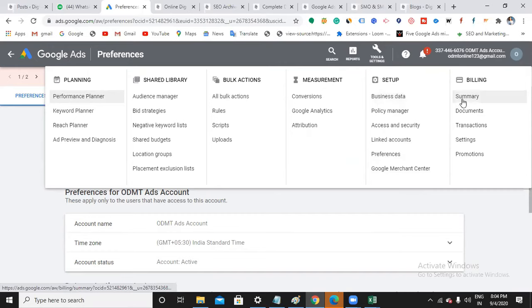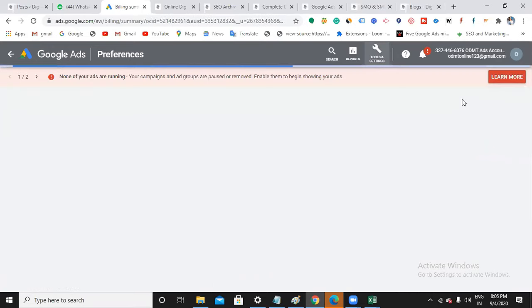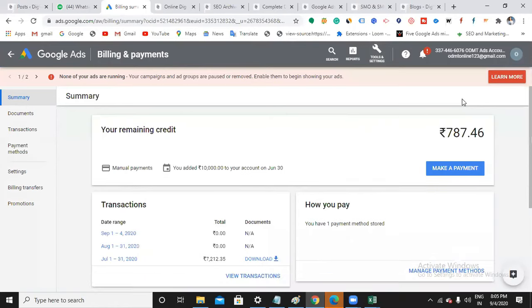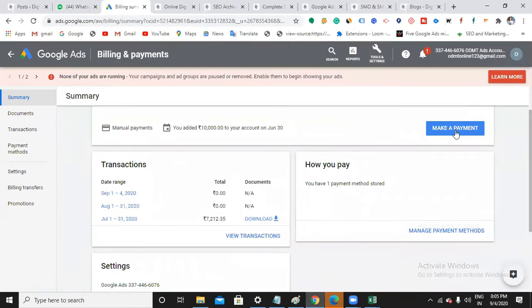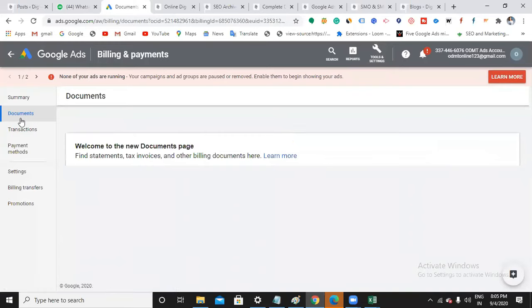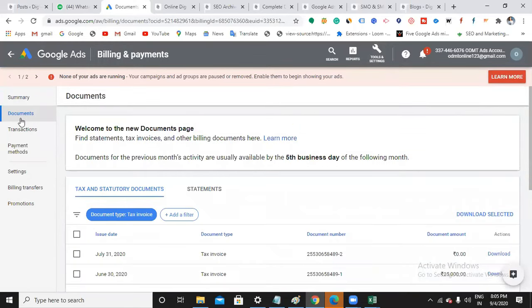The next here, billing. So you can enter the payment options and all. Okay, so you can make a payment here. As of now, the available balance is 787. You can make a payment, and here you can see the documents of your payments. Like, you can download the invoice.